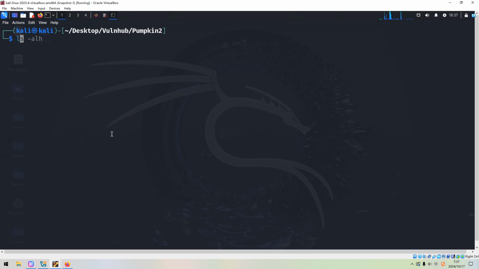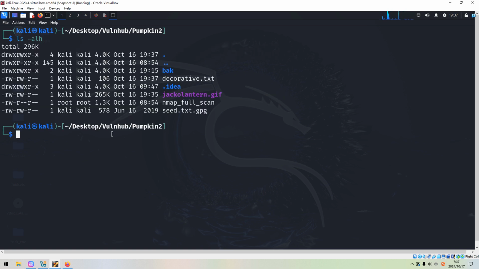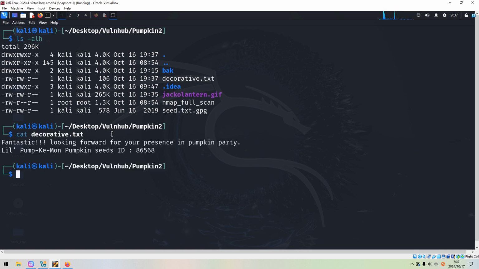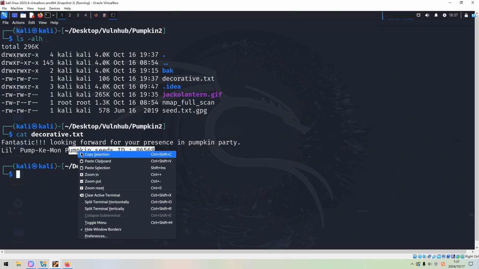Okay. So now of course we can take out this file. I think we can get the first seed ID, and we can copy the seed ID.